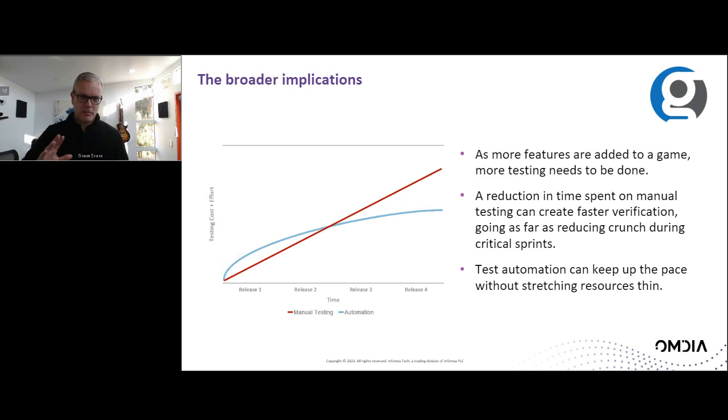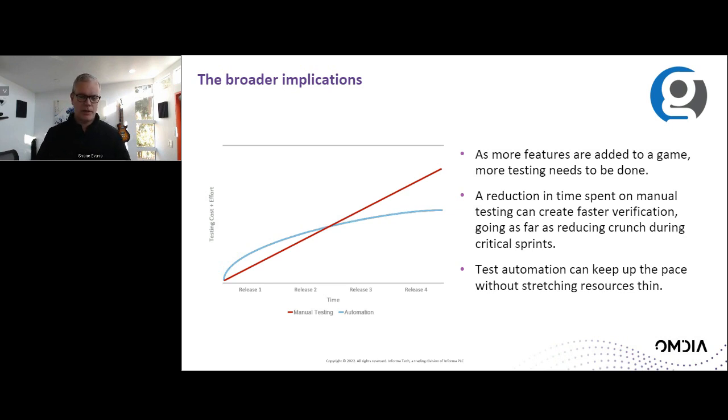You add features, you complete sprints, and you're adding more functionality into your game, into your product. But the amount of testing that any one person can do over time is pretty static. So the effort required for manual testing increases with the number of features. But with an investment early on in test automation, or even at the end of a cycle or release, when you're pushing a product into production and now you need to maintain its functionality,